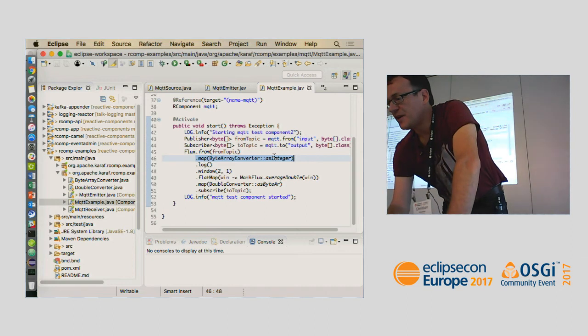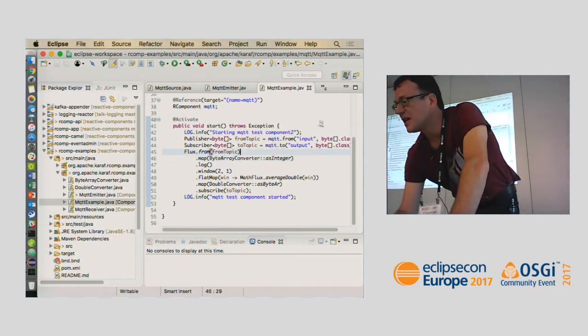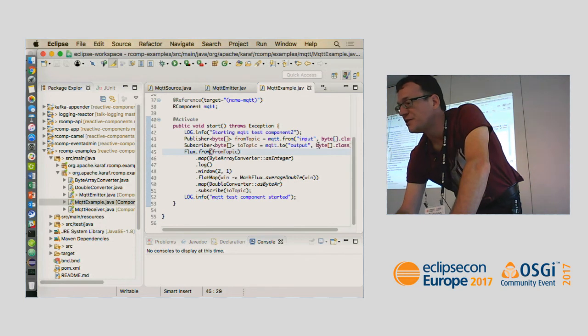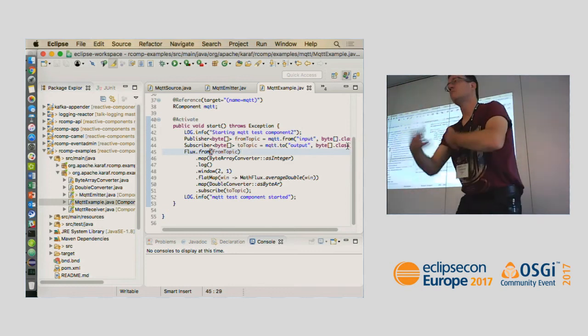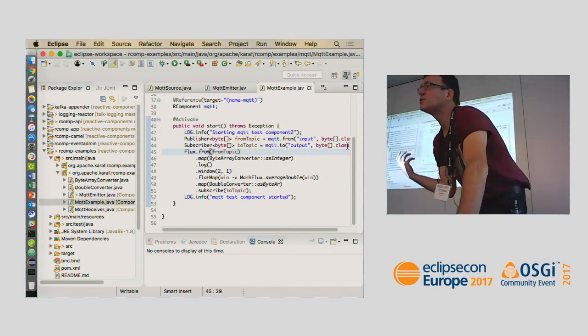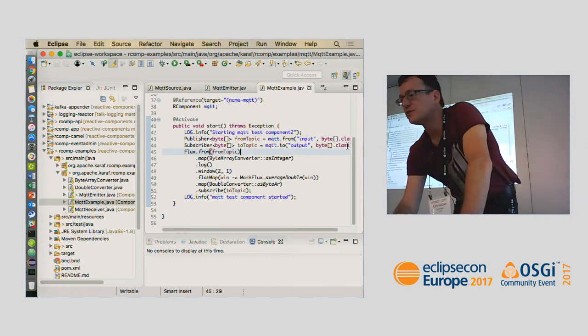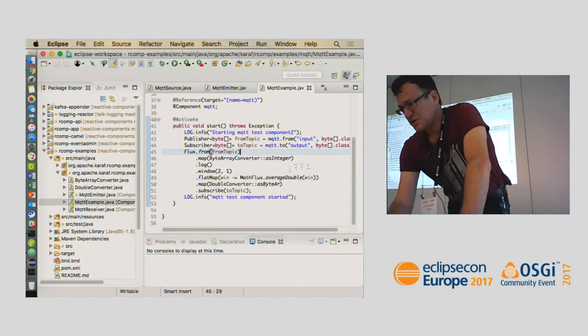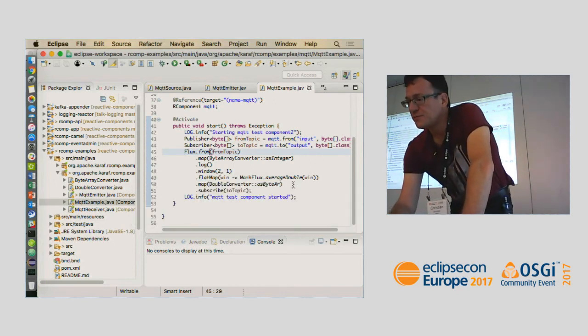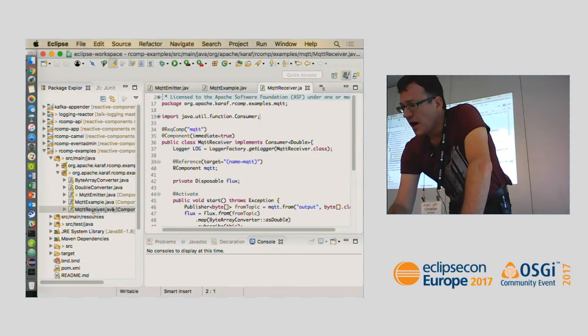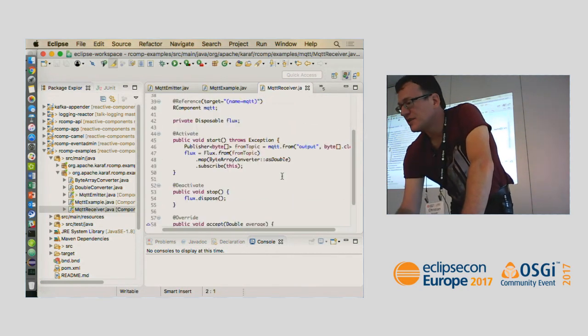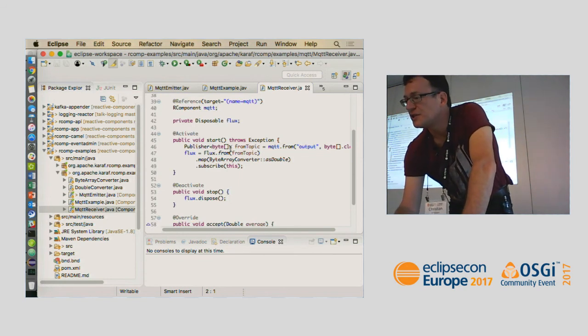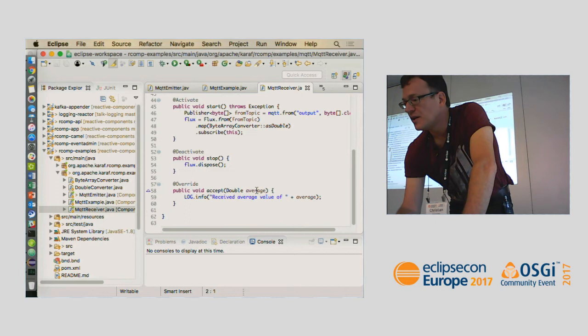So the idea of reactive components allows that I, for example, here say integer and here say a double, and the converter inside the component could do this conversion, and with the new OSGi converter spec, we could reuse that to make that really like in Camel. So as you see, it's already very similar to Camel and works very similar. And this is the last part that then again listens on MQTT and just sends it to the log.